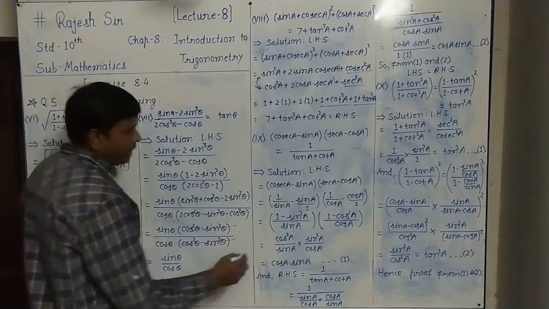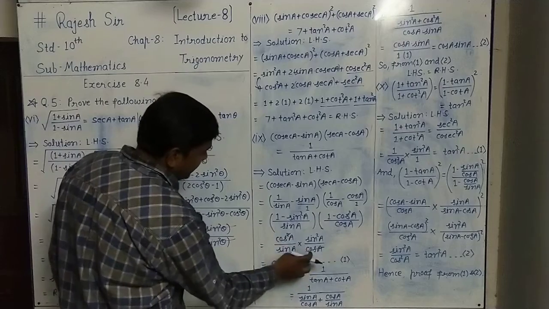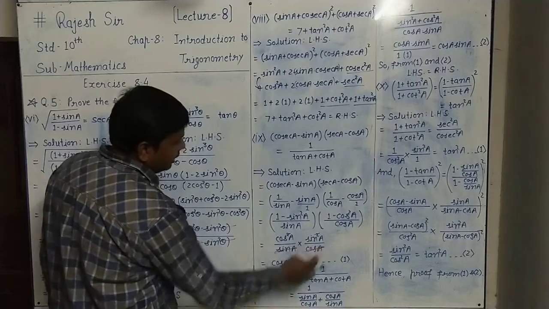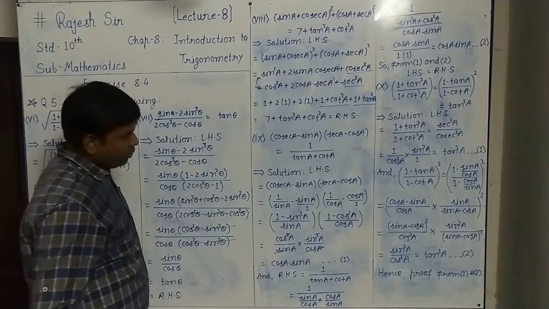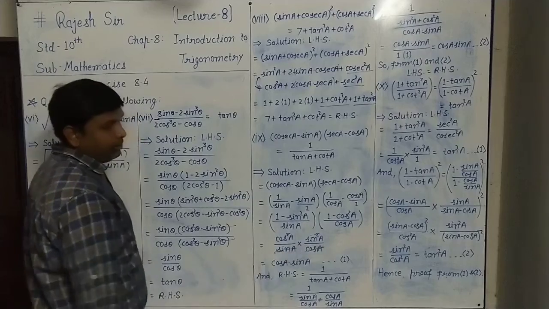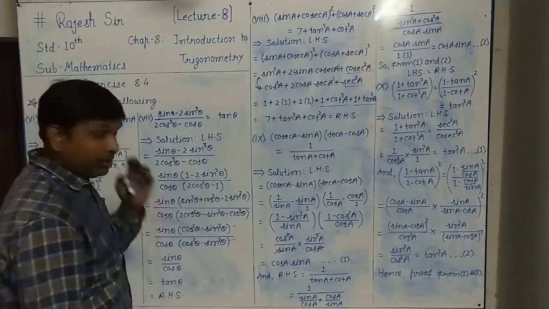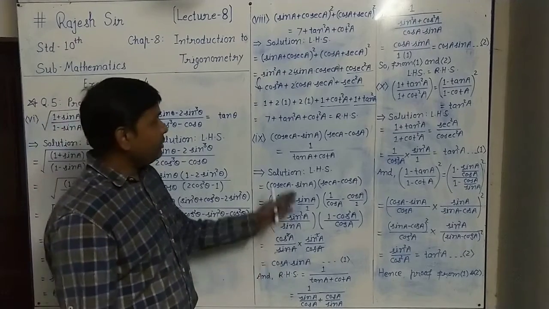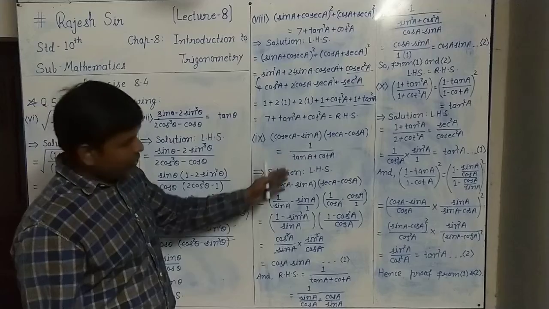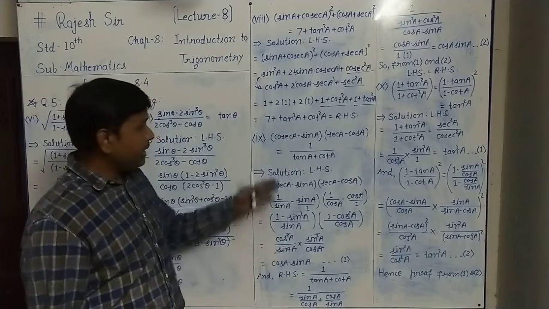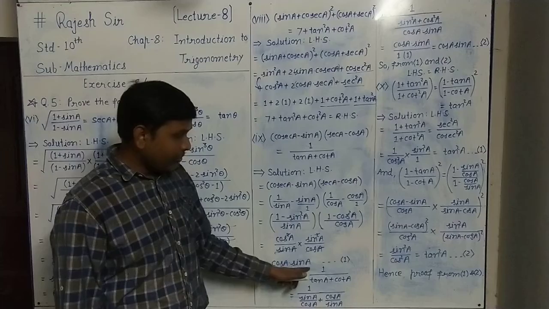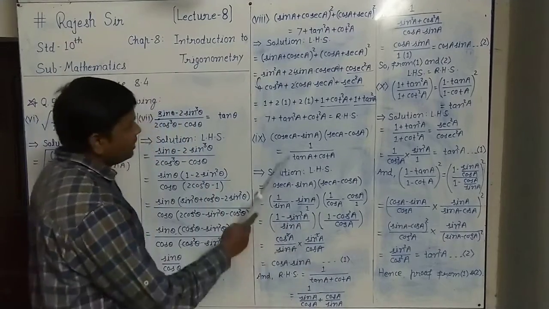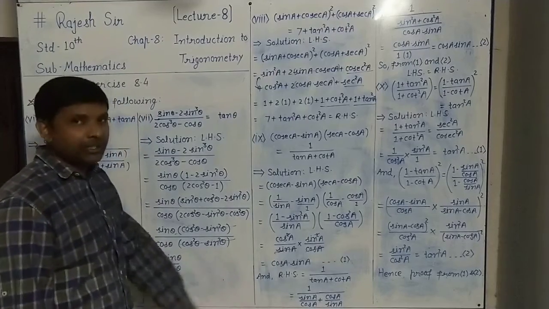So now, up and down, 1 cos a and 1 cos a cancel, and 1 cos a will be up there. 1 sin a and 1 sin a cancel, and up there sin a is remaining. So 1 cos a up and 1 sin a up there remaining, so cos a into sin a is remaining. Say this as the result 1. We have the very simple form on the left, and we want this complex form on the right side, so it is somewhat difficult to get this directly. So we have simplified the left side to result 1. Now we take the right hand side and simplify it.